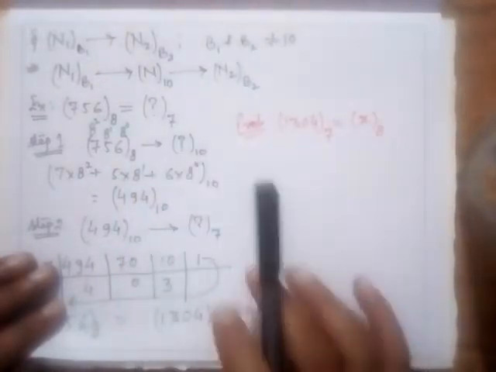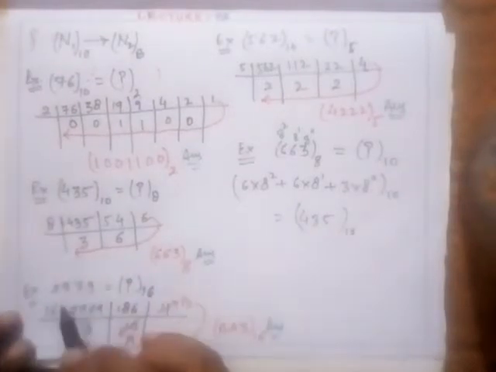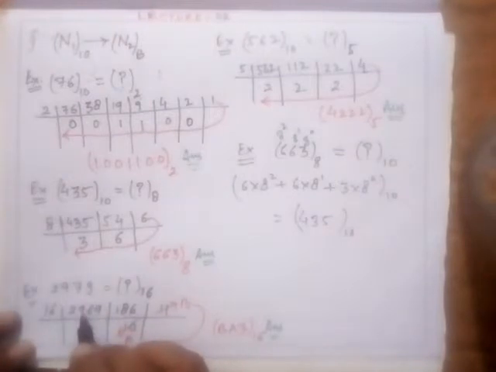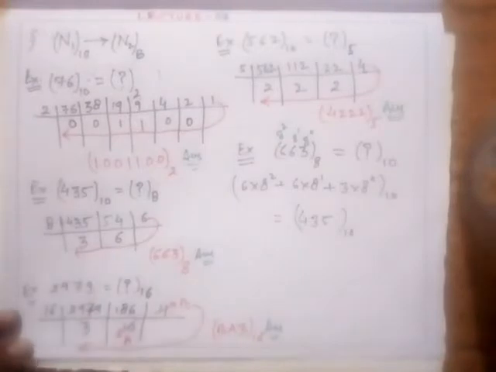I did one problem with you. Before I move to today's lecture, in lecture number 2 there was a minor mistake that was pointed out by a student. It was asked in this problem to convert 2979 to base 16, and by mistake I have written here 2969, so it is 79. It is a minor error.